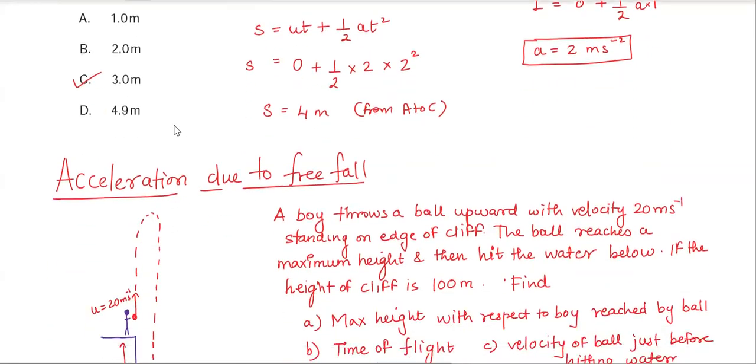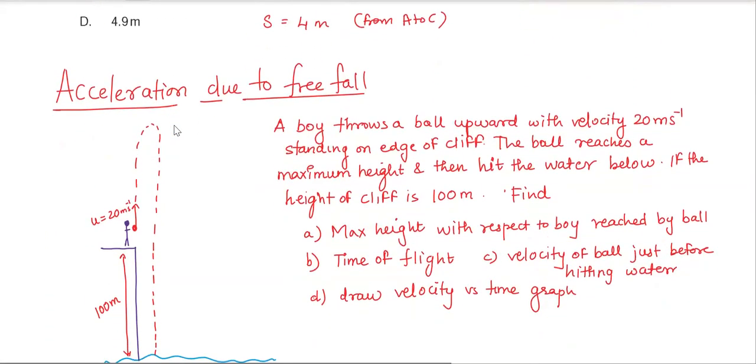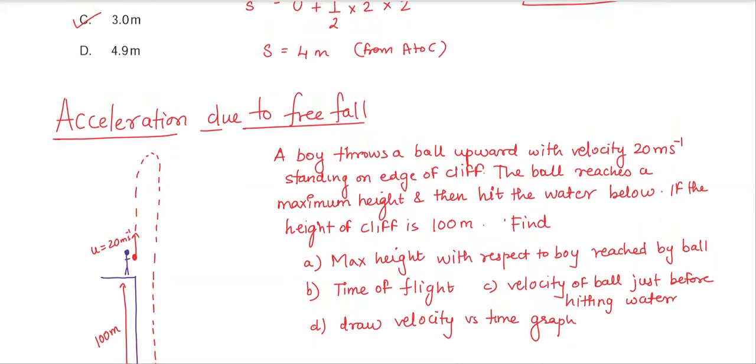Now we will talk about a few problems on acceleration due to free fall. One thing that I would like to share with you is that during free fall, most of the time we have to look for a condition where they say air resistance is negligible. This is a very important condition because when the air resistance is negligible, then the kinematics of that particular object, meaning all the displacement, time, and initial and final velocity,